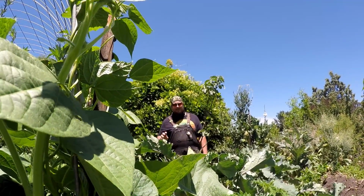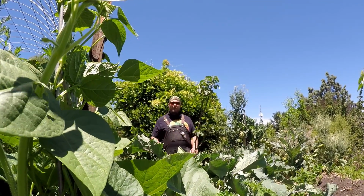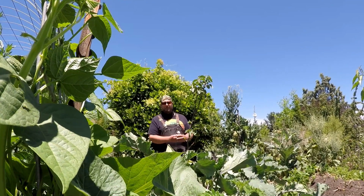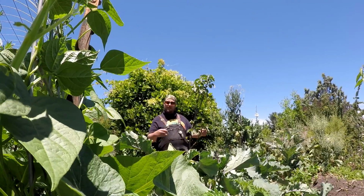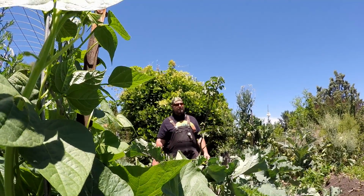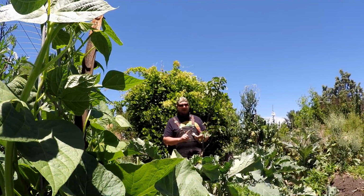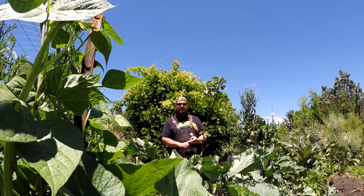Now, if we take those sardines rather and we consume them directly, it's better for us as well. And that's because sardines are a small fish, and because of that, they don't accumulate the same amount of toxins that larger fish do that eat higher up on the food chain. So less mercury, less PCBs. It's a healthier fish, high in omega-3s, one of the cheapest, lowest cost proteins that you can get